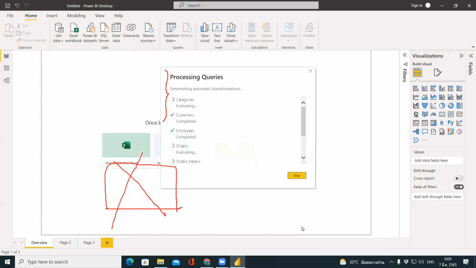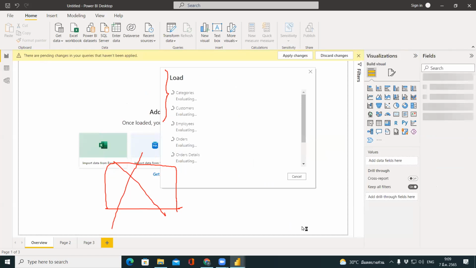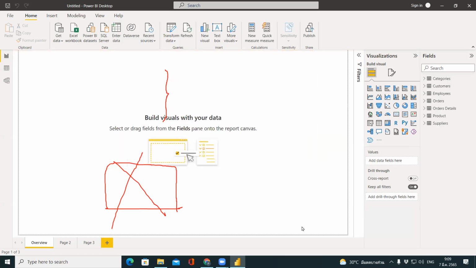Then you have to take some time while it's processing and loading the data into your Power BI report file. So right now the Power BI report file will have the data inside it as well. In this one, okay, it's finished loading the data for us already. How do I know that it's finished? You can see that right now